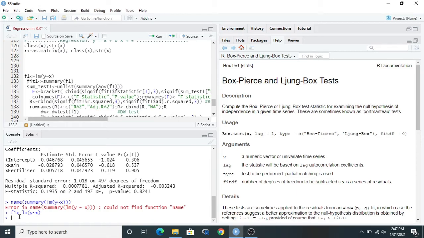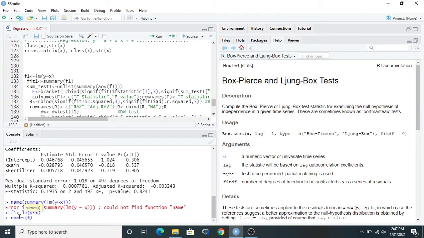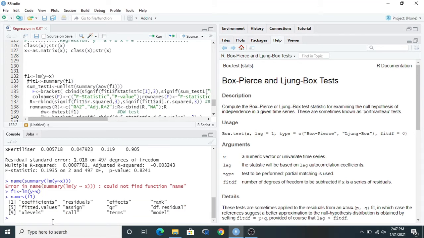Just write names, then you can put f1 because f1 is our function name. Just run this. You can find there is a large amount of information available. If you put coefficients, then you can extract the coefficient value. If you put residuals, then you can extract the residual value in the same way. Suppose you want to know the coefficient value.